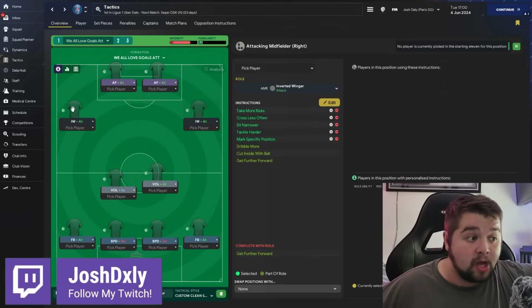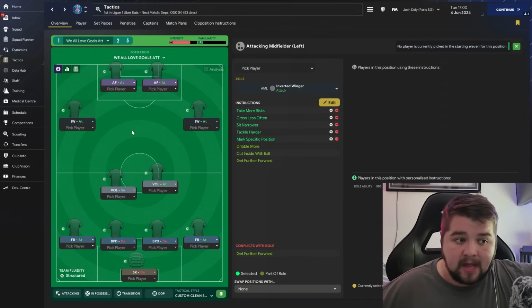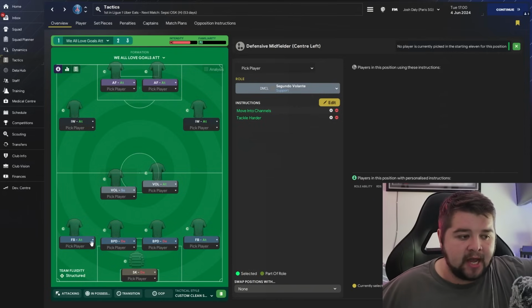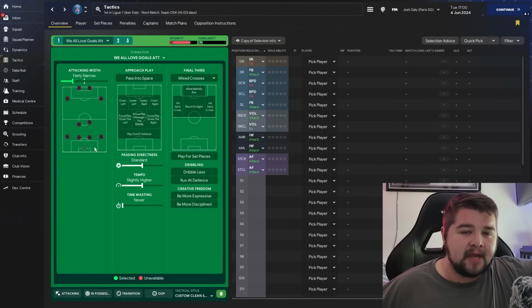The inverted wingers are going to go up to attack on take more risks, cross less, sit narrow, tackle, and mark their relative positions. Apart from that, we change nothing to the 2 strikers. The volante on the right goes up to attack on tackle harder. On the left, he remains the same. Mentality is also going to be set to attacking, but there is going to be a bit of changes in